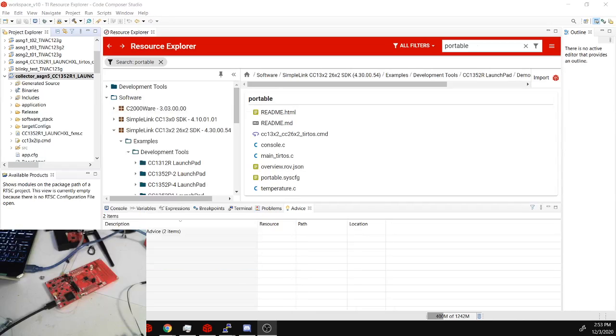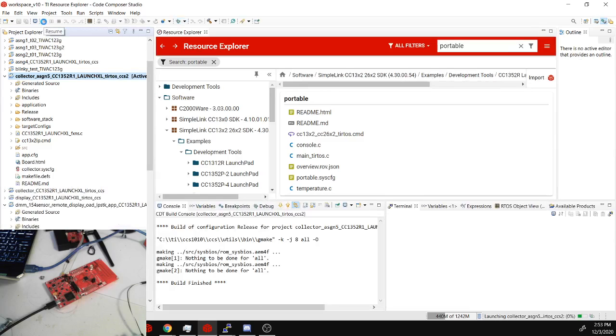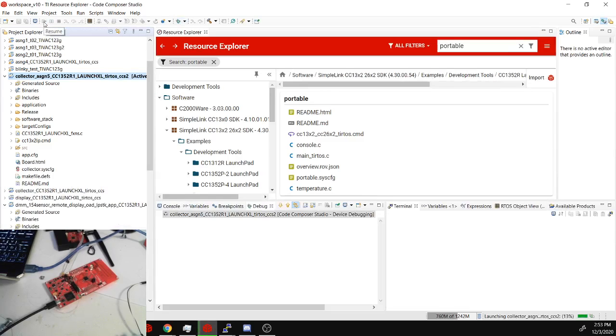Pause it. And we're back. Okay, so now we're hooked up to the programmer debugger. I'm just going to hit this debug button up here, and it's going to put it on my